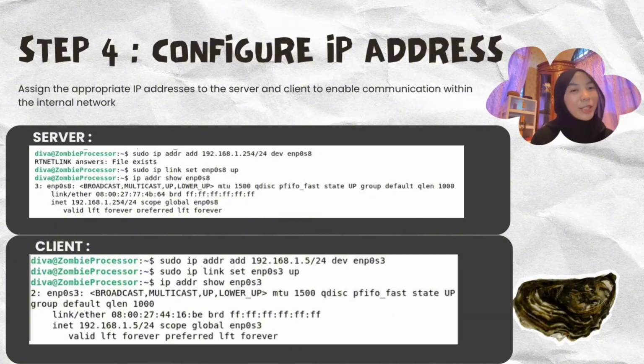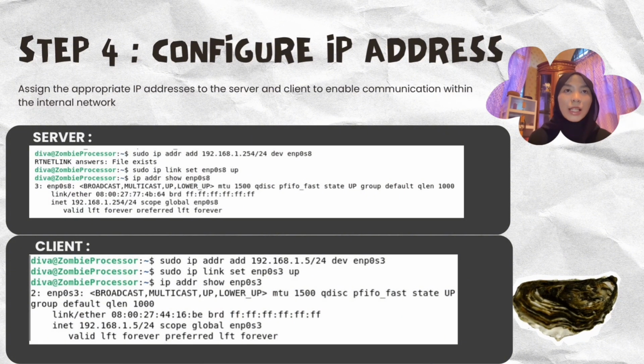I will present about configuring the IP address. After configuring the network adapter, the next step is to assign an IP address to both the Linux server and the Linux client. This allows both virtual machines to communicate through the internal network. First, on the Linux server, we assign the static IP address